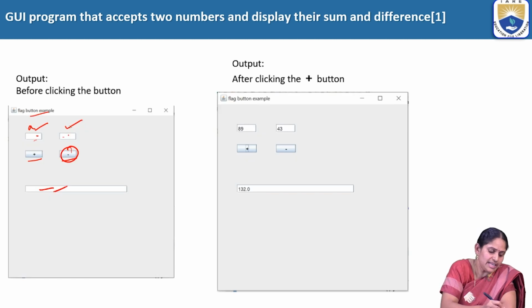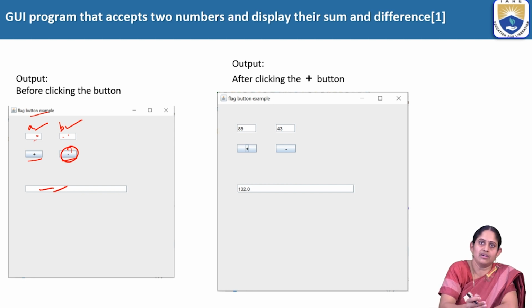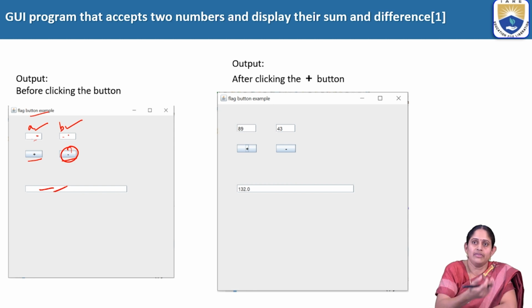So this is text field A and this is text field B, which will be reading the A and B operators. The values written onto these text fields will be in string form. Even though we write numbers, those numbers will be taken in the form of strings. So first, those two numbers have to be converted into their particular form, whether it is integer or float, so it has to be converted into that particular form, added,